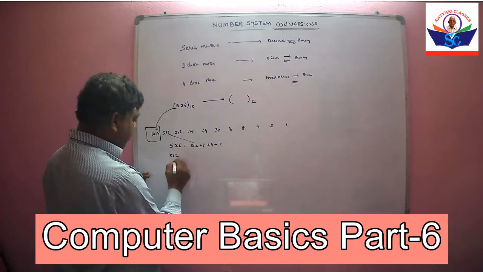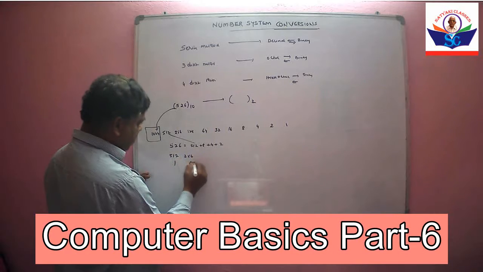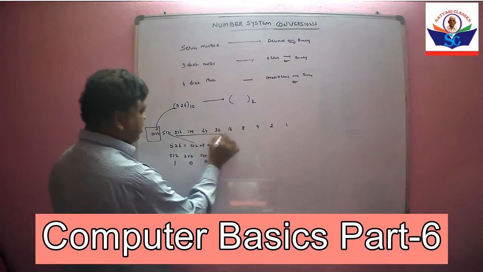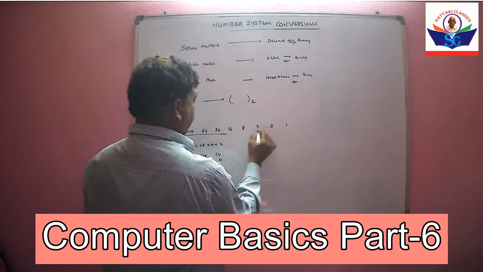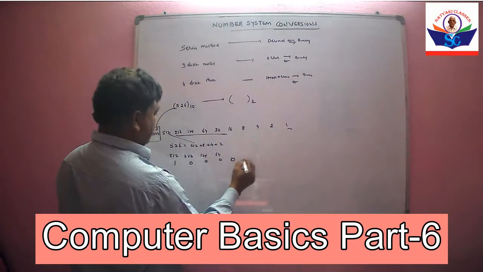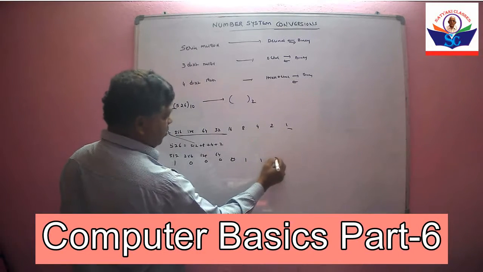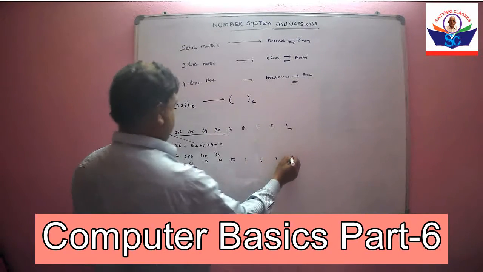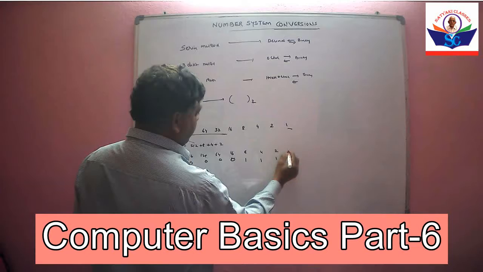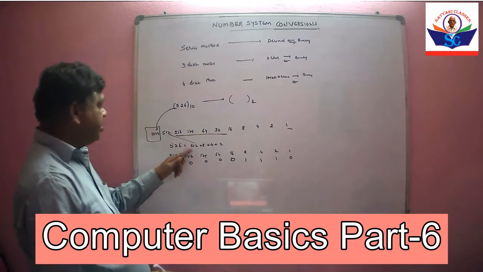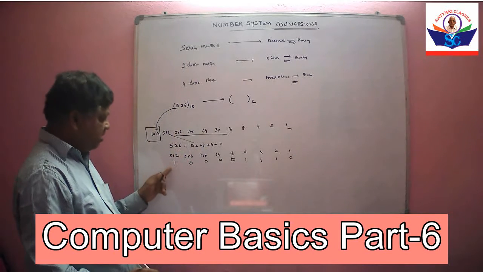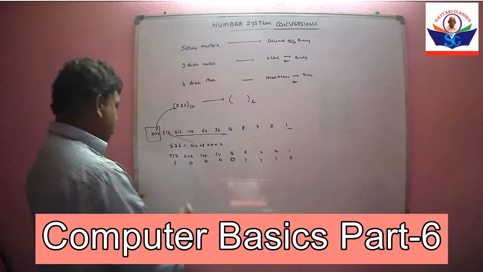For 512 we will write 1, under 256 we write 0, 128 is 0, 64 is 0, 32 is 0, 16 is 0, and 8 is 1, 4 is 1, 2 is 1, 1 is 0. The numbers which are used we take as ones, the remaining cells we place zeros. Now add.